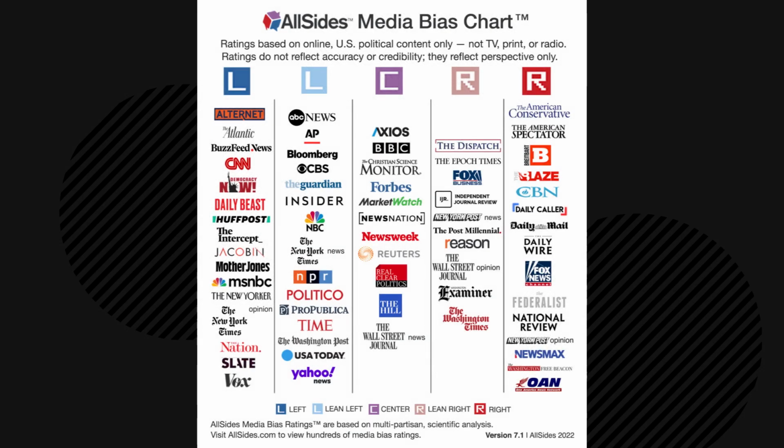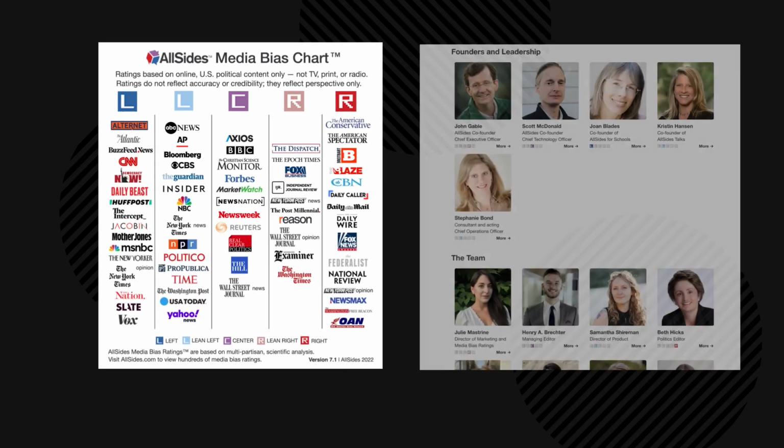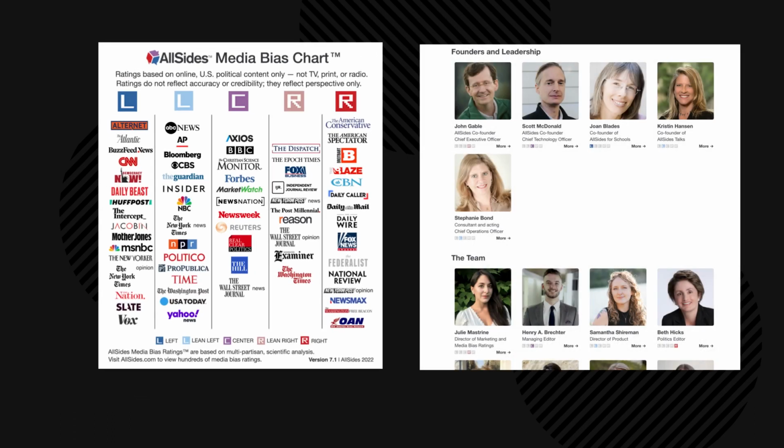Today, rather than looking at a research paper, we're going to look at a data set, namely the AllSides media bias data that classifies US news outlets in terms of their political bias. This is a collaborative project involving many people. You can go to the AllSides website to see the profiles of the folks who are involved, which includes,